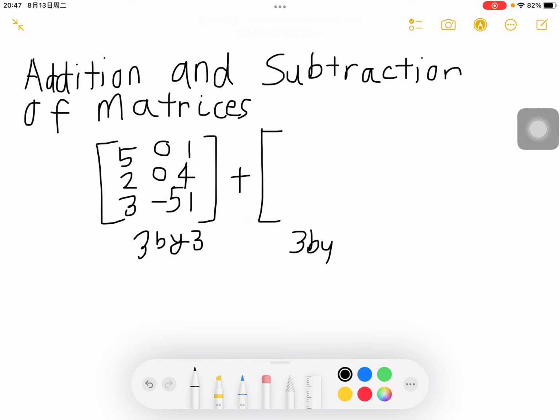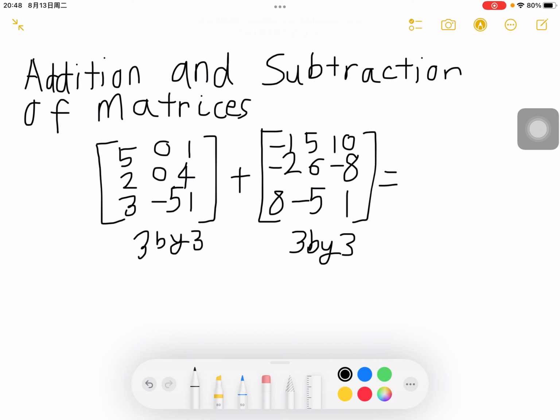So we have to add this to another 3 by 3 matrix. If the dimensions of the two matrices that we're adding together are different, then the value isn't defined. So if we add this to another 3 by 3 matrix, maybe negative 1, 5, and then 10, or negative 2, 6, negative 2, 6, negative 8, and then maybe finally like 8, negative 5, or 1. And then if we just add these together, then what you get here is going to be